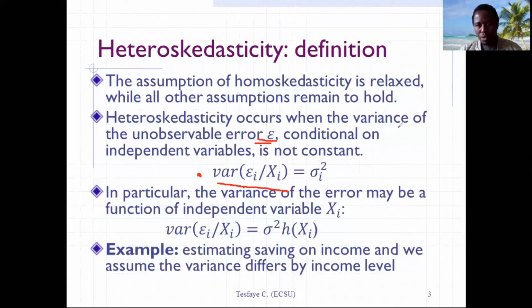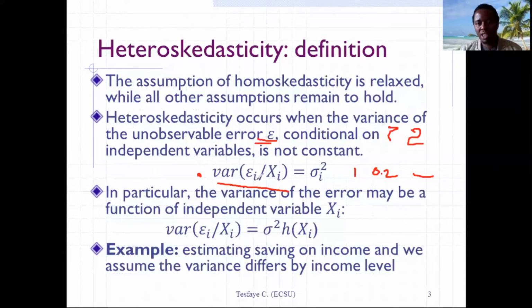Constant variance means if the variance is 2, it is 2 for all observations. But if it's not constant, sigma squared i means that it is 1 for observation 1, 0.2 for observation 2, and it is changing for each of the observations. We have different variance. That is the case of